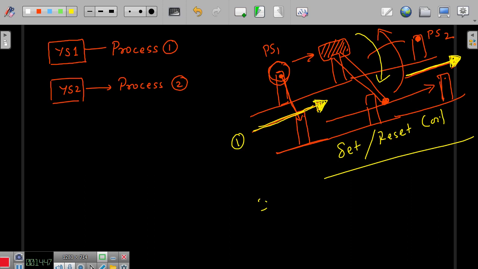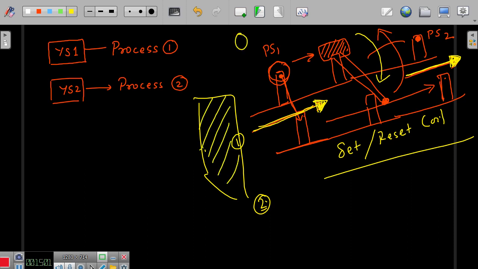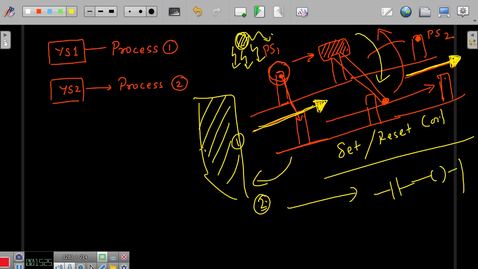The second case happens to be close the main gate. It may be somewhere else, right? So it is not related to this. So this may be somewhere here. Close the main gate upon receiving an alarm signal. So it may be a fire alarm or a buzzer, a kind of thing. At 6 o'clock you have to close everything, right? For example, in an industrial scenario. So after the siren rings, this door has to be closed. This is the second task here, right? So here this can be implemented very easily. You have got one input device and you have got an output device.